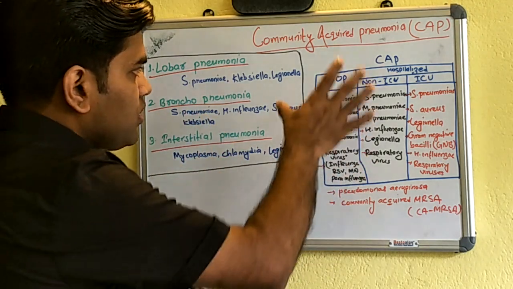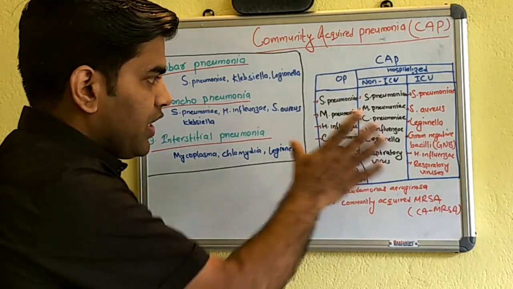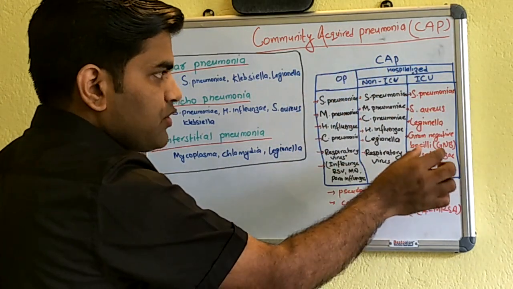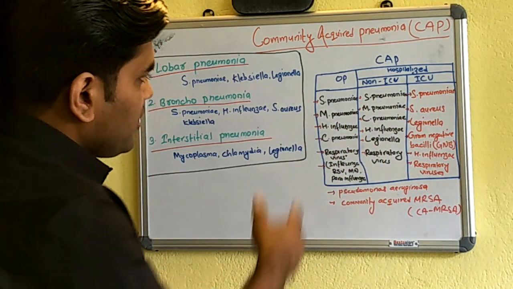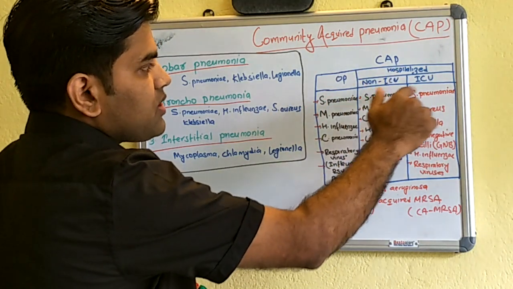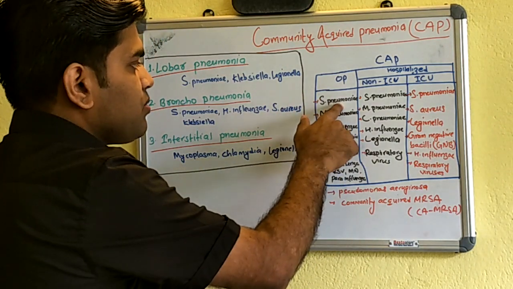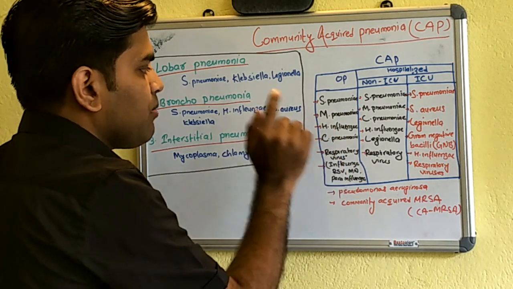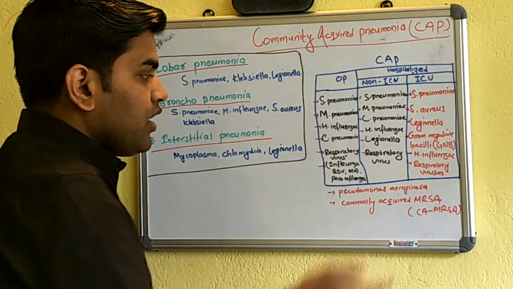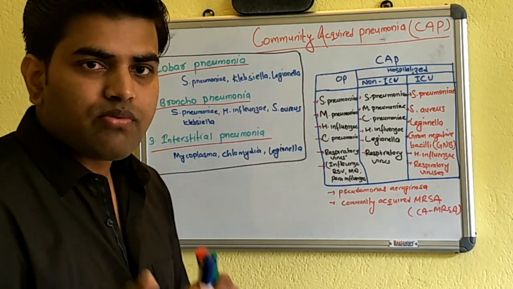This is a chart from Harrison, which lists the causative organisms in outpatients, and in hospitalized non-ICU and ICU patients. Streptococcus pneumoniae is in all patients: outpatient, non-ICU, and ICU. In outpatients: Streptococcus pneumoniae, Mycoplasma pneumoniae, Haemophilus influenzae, Chlamydia pneumoniae, and respiratory viruses including influenza, parainfluenza, respiratory syncytial virus and human metapneumovirus. These are the causative organisms responsible for outpatient